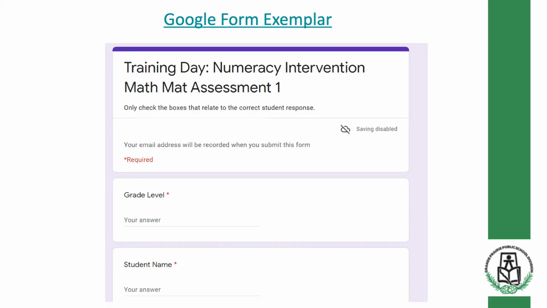For instance, in Compare Number, there may be 9 tasks on the 1 to 10 math mat. On the Google form, the educational assistant would then input the raw score for that child in that subtest. So if a child was to receive 5 out of 9, I would get the information that the child has gotten 5 correct. What this allows for us as stakeholders is to dive deeper. So what we want is to know